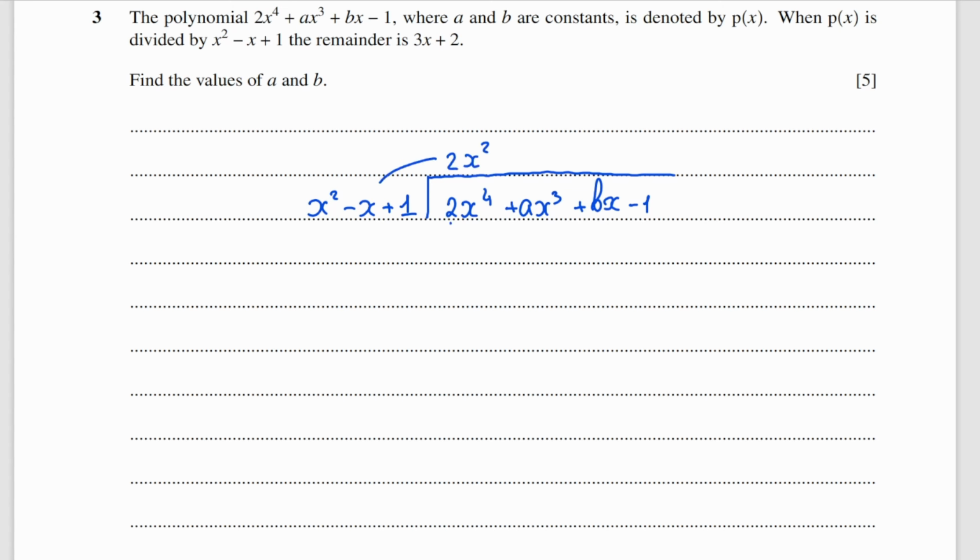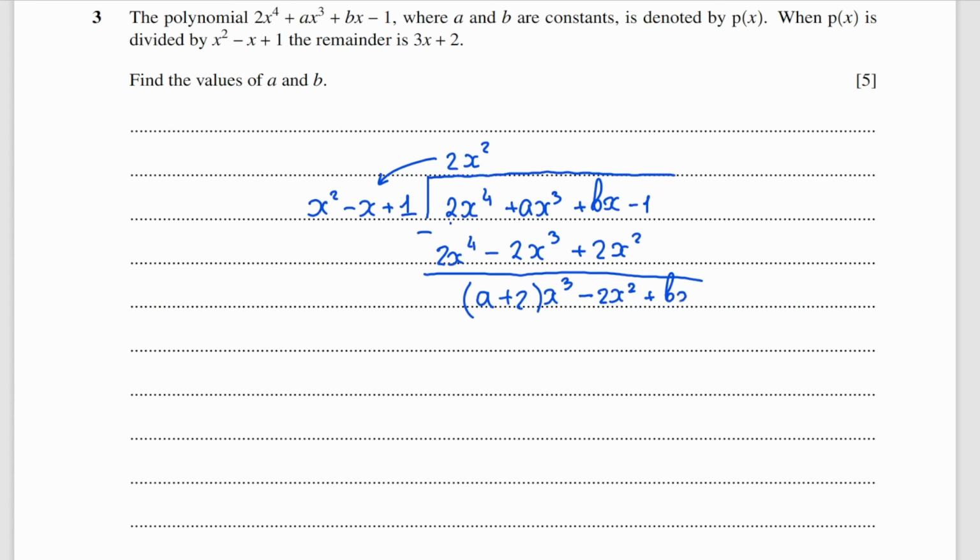Now let's multiply, and get 2x to the power 4 minus 2x cubed plus 2x squared. Now subtract. 2x to the power 4 will cancel out, and we will get a minus and minus will be plus 2x cubed minus 2x squared